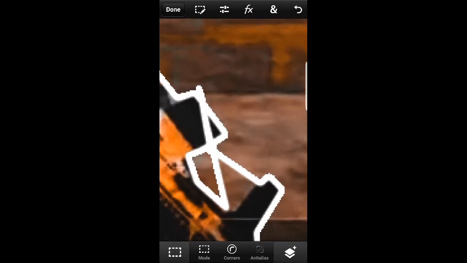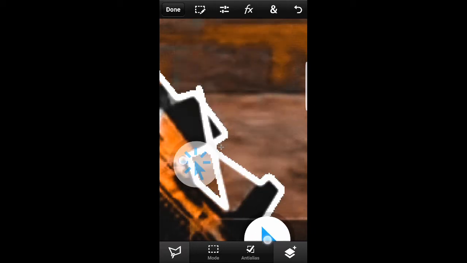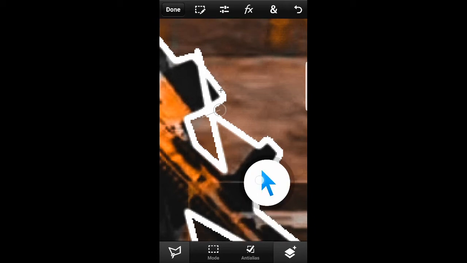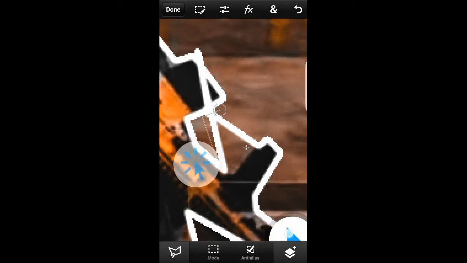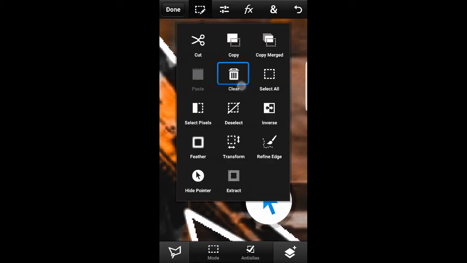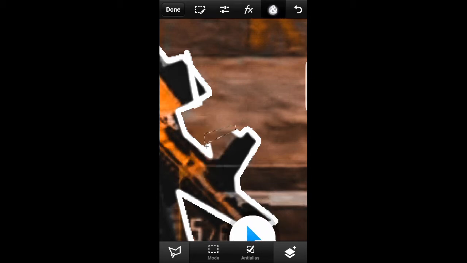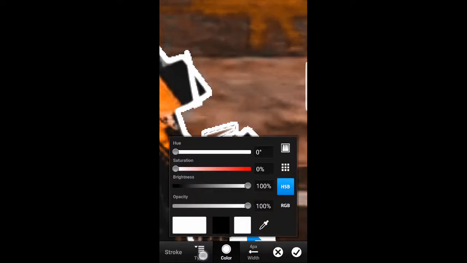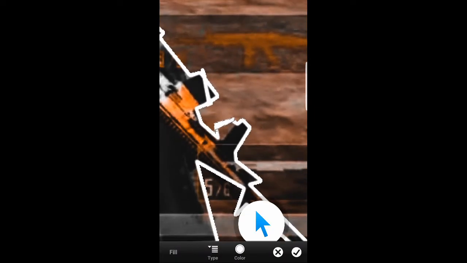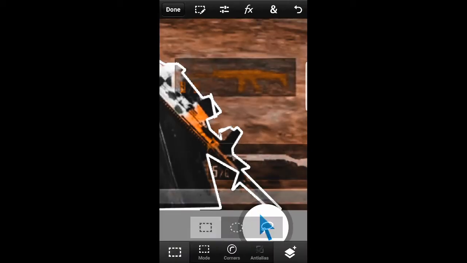And then zoom out, and then go to polygon selection tool, and then show pointer to clear this, make this, and then create this, and then go to it, and then clear, and then make this stroke. We should make this crop, and then go to and then fill. Okay, it will be done. And then we'll deselect, hide pointer,